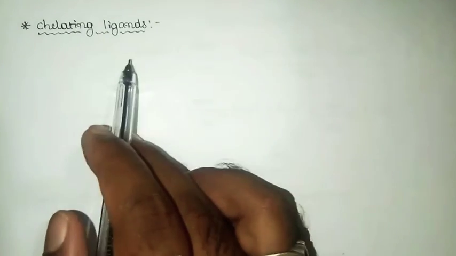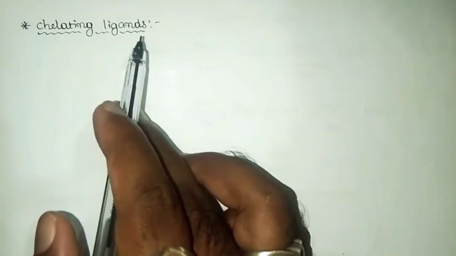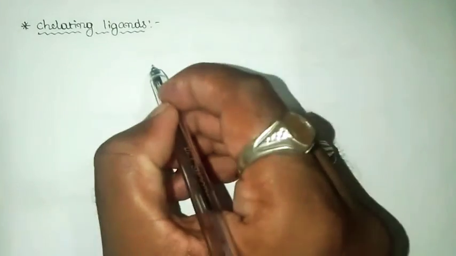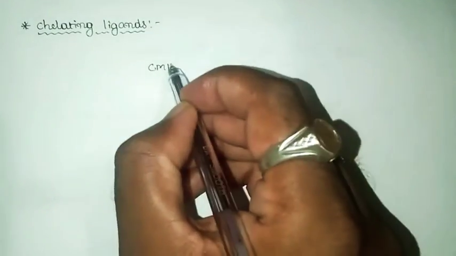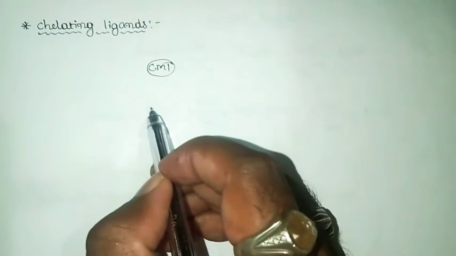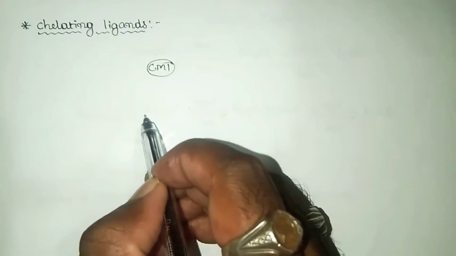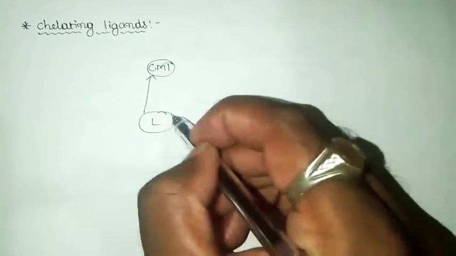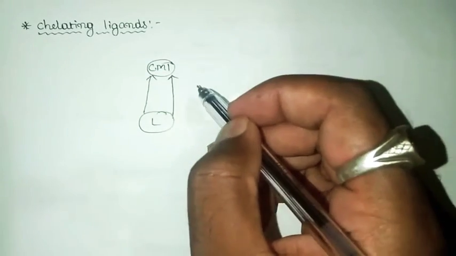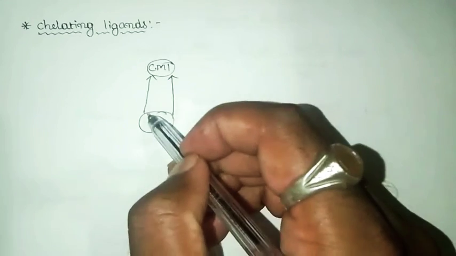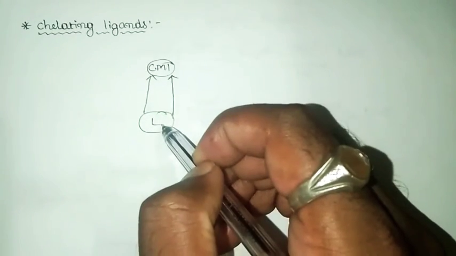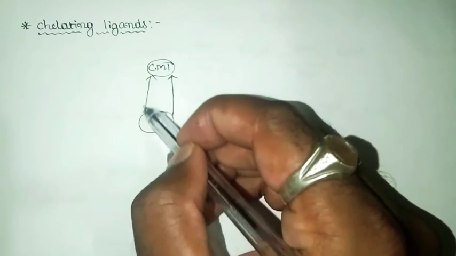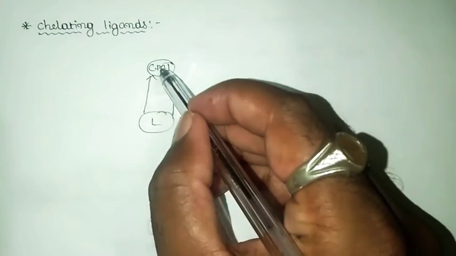In that case, the ligand has the capability to form more than one coordinate bond with the central metal ion. For example, I have a central metal ion and one bidentate ligand is present. A bidentate ligand has 2 ligating atoms, so it can form 2 coordinate bonds with the central metal ion. By forming the 2 coordinate bonds, this ligand is forming a ring structure with the